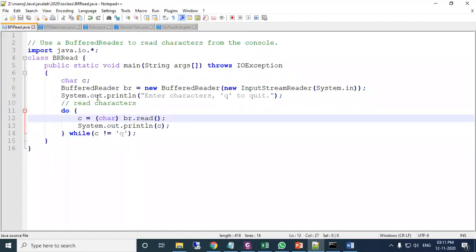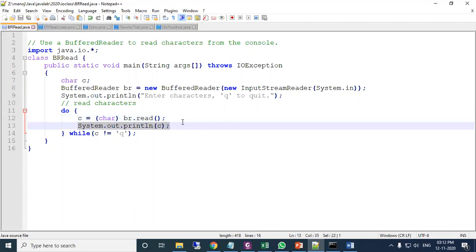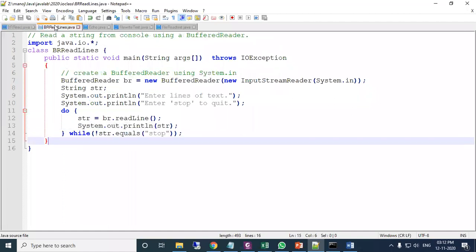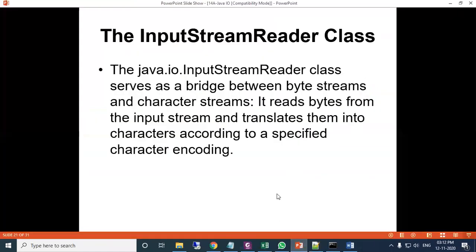To print, we used println. So these are the two methods, read and readLine, used to read from the buffer and display on the screen.